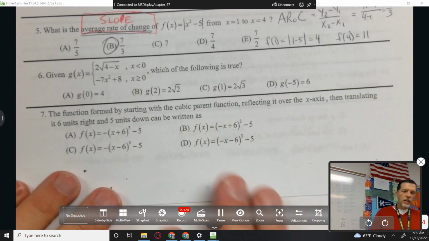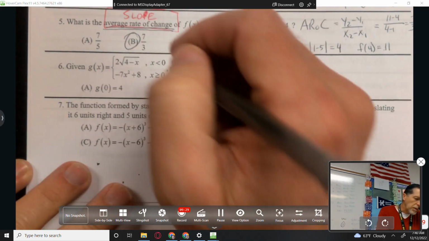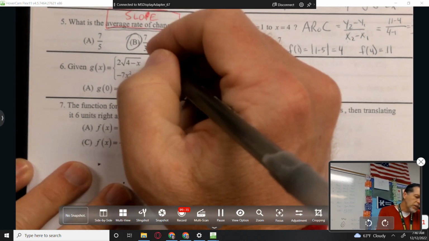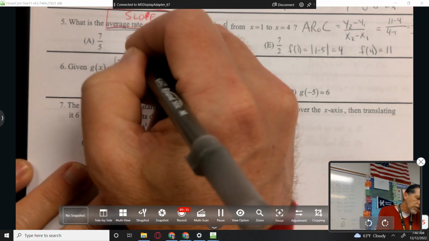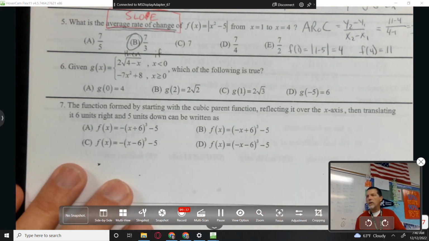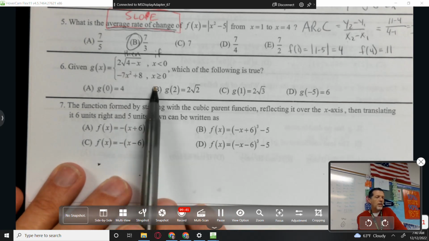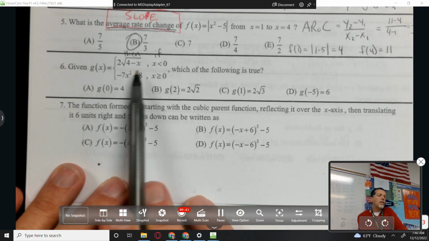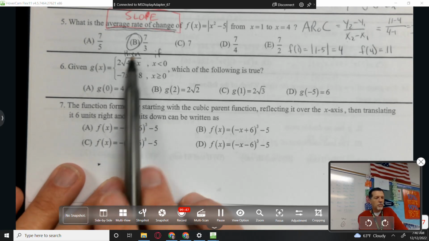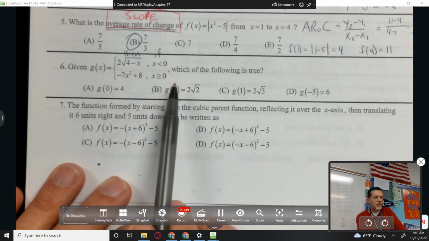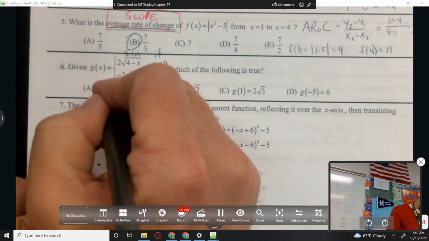Number 6, a piecewise defined function. Remember, we use the second column first. The second column is sort of the if column, and the first column is the then column, so it's a little bit backwards. If x is less than 0, then use this formula. If x is greater than or equal to 0, then use this formula. The mistake people make is plug it into both and then try to make some decision, but you only plug it into one. So g of 0,